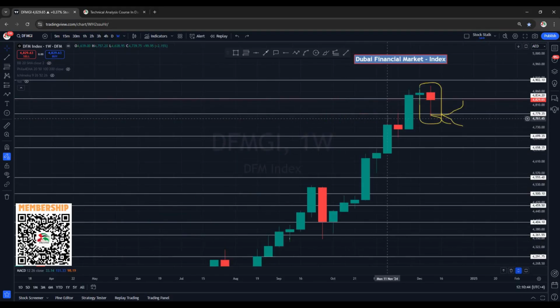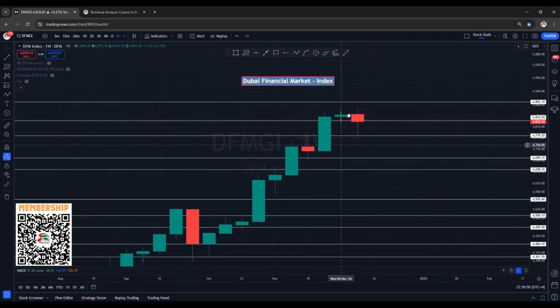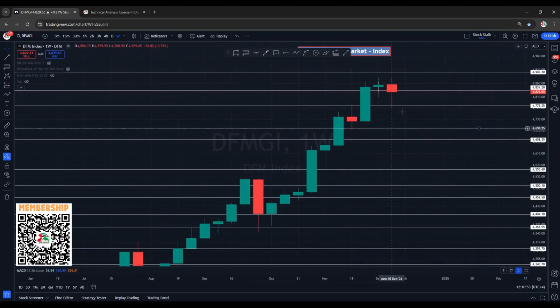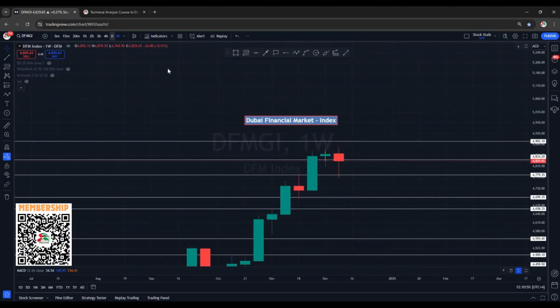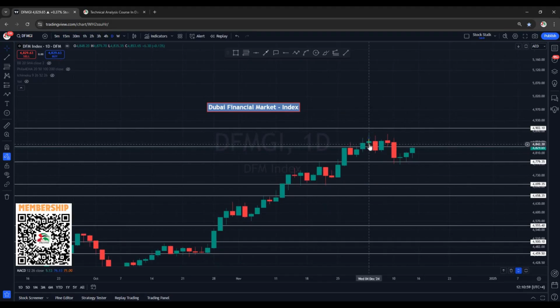So overall, I still have a feeling that the market is a bit overbought. There are strong chances of correction, but at the same time, the trend is very strong. It's very bullish. Let's go down to daily, and here we can clearly see nice price action that shows us